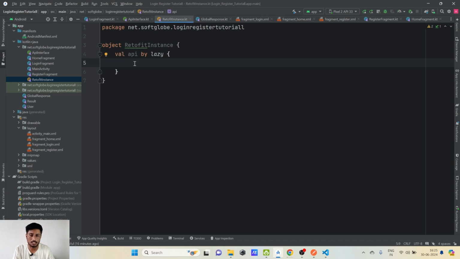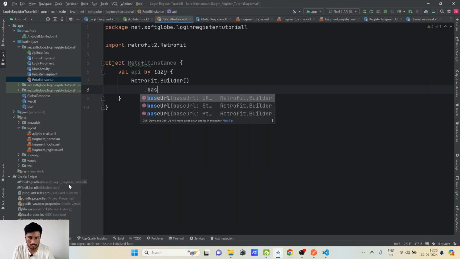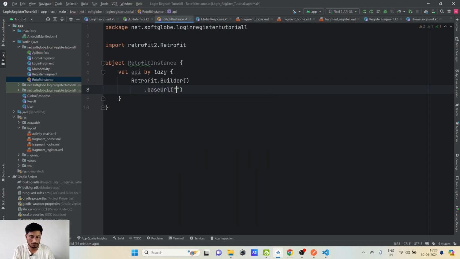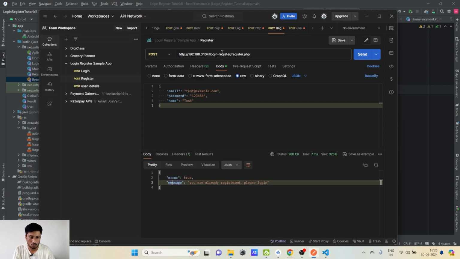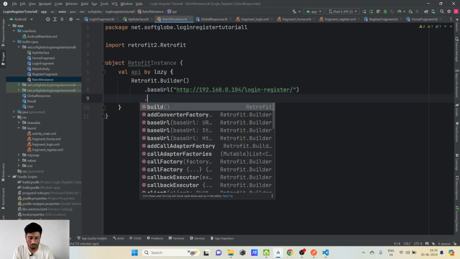It will be lazily initialized basically. Inside this, we will build the Retrofit request, Retrofit.Builder dot baseUrl. Now here we need to specify a base URL. So just copy this base URL, which is a constant basically in our API URL. So this, my base URL, dot